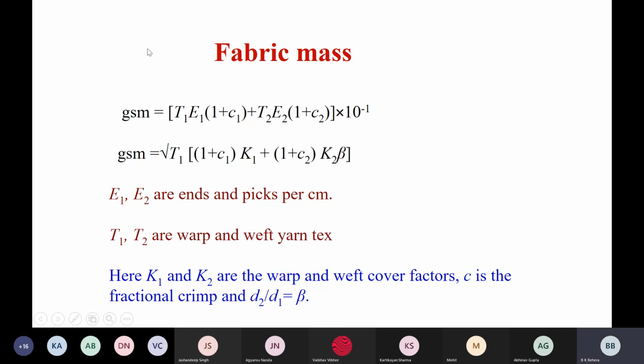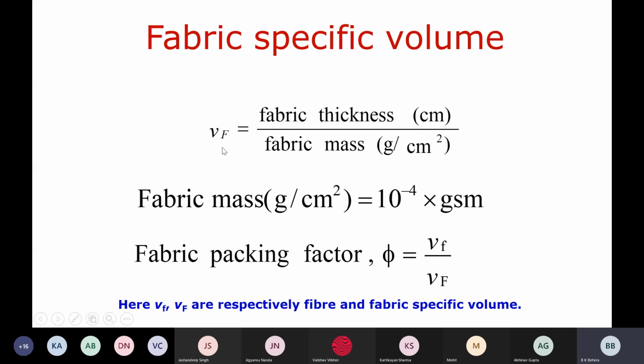Okay, you need not remember this. I have already given you one formula for fabric mass, GSM. It is in a different form, because in that I have given another, but it is the same formula. There is no problem. Tex is taken and end density is taken, crimp is taken. You will get the same result. The only thing you should know is conversion. Whether the yarn count is given in tex, English count or denier, you convert to that and you can find out the GSM. So nothing to worry. It is the same formula of GSM value which we have discussed.